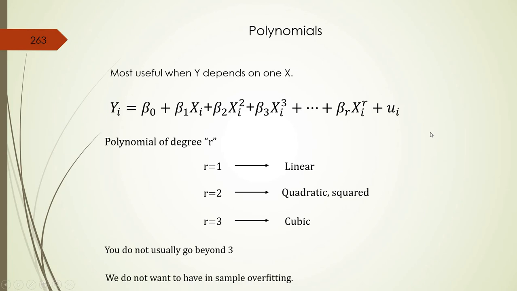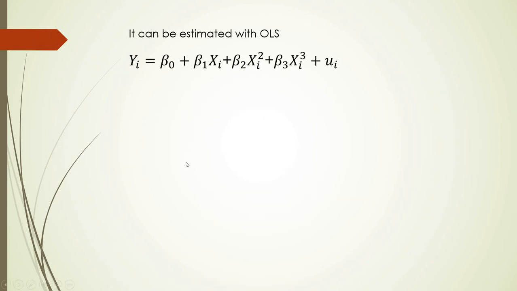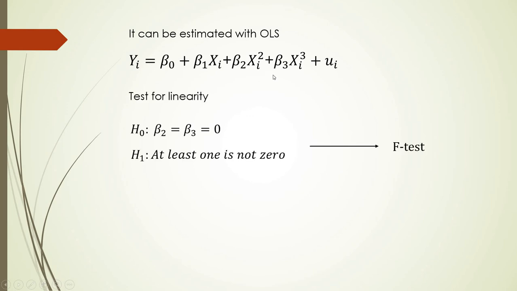You do not usually go beyond 3. Why? Because we don't want to have in-sample overfitting. I will explain it very soon. It can be estimated with OLS, as you saw already, and you can test for linearity, beta 2 equal to beta 3 equal to 0, and implement the F-test as a joint hypothesis, compare it to F, and